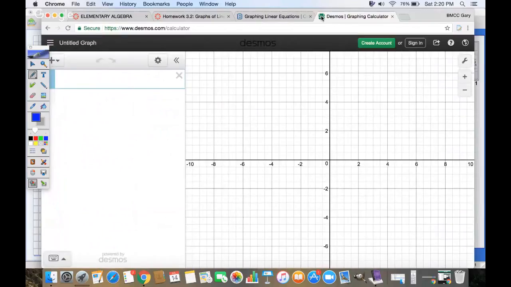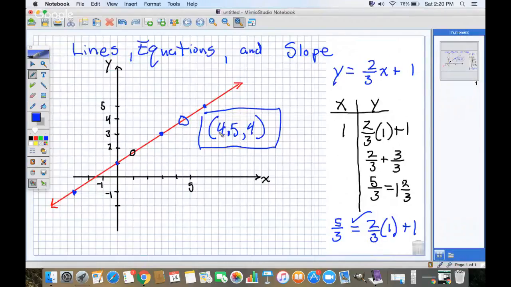It's listed on the syllabus. So I'm just going to type in my equation on the right side, which is 2/3. Here I'm plugging in 4.5. I'm going to put that in parentheses, and then I want to add 1 to it. And Desmos says, yep, the answer is 4. Okay? So that means, like I show in my picture, the point x equals 4.5, y equals 4 is a